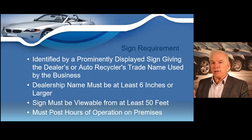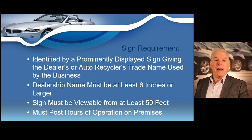The name on your dealer application, your insurance, your bond, and Secretary of State filings has to be the same. The name on your sign must match the name on your dealer license and all of your other documentation as well. The minimum requirement for your sign is that your dealership name is at least 6 inches high or larger. So you've got to make sure that your sign company puts your dealership name at least 6